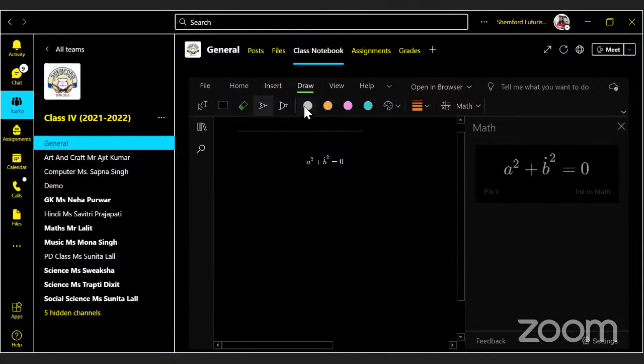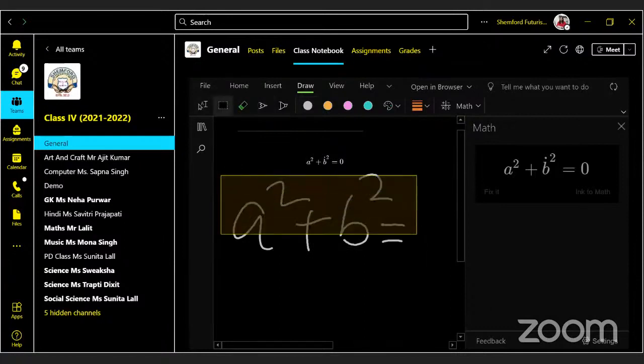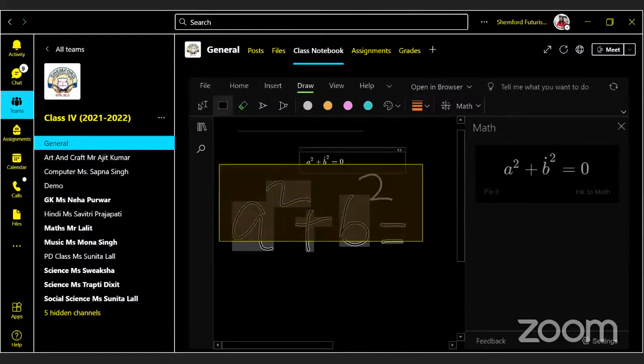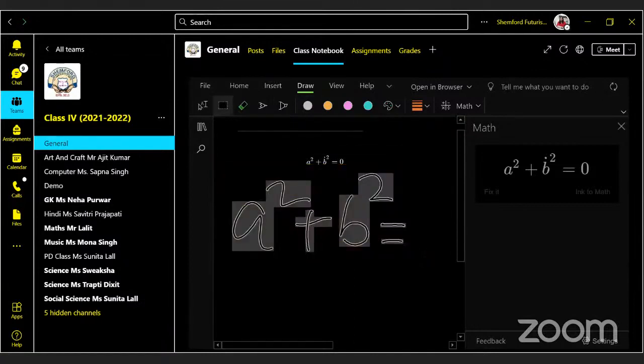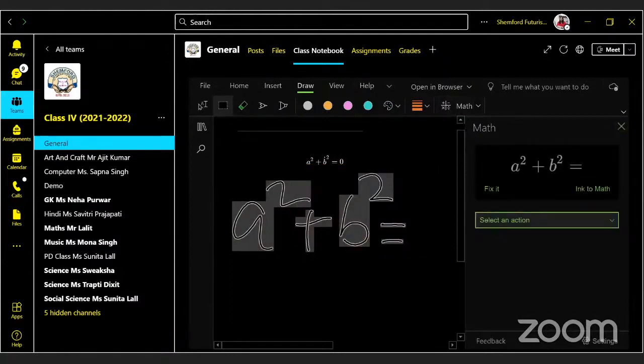Draw option. A square plus b square is equal to, okay. Now look here.